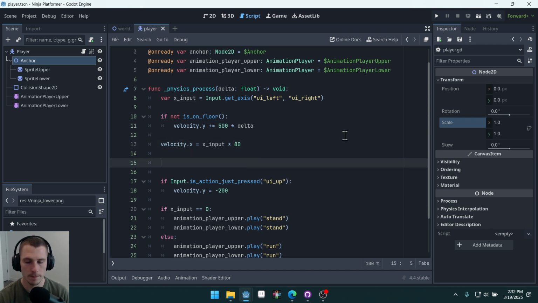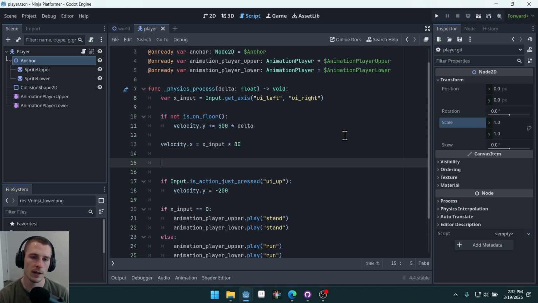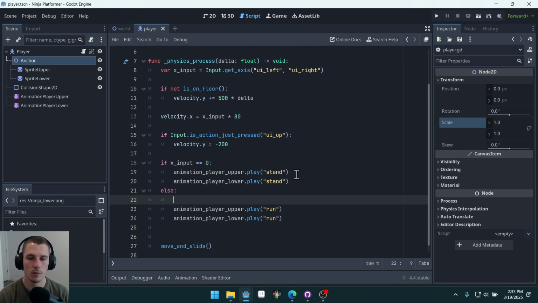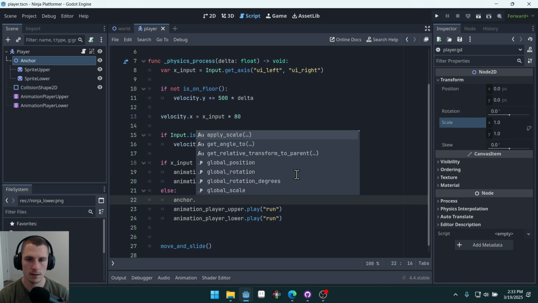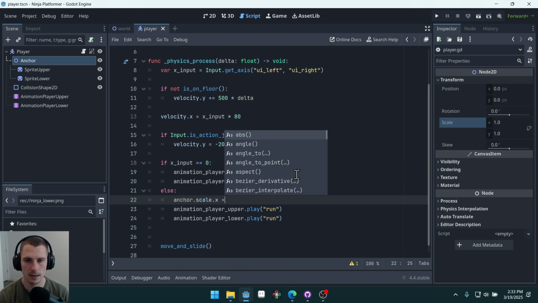So we can say if X input, oh, we already have down here. It seems appropriate to put it inside of our animations here. So if X input equals 0, we don't want to do anything because they're not pressing anything. If it doesn't equal 0, we want to say anchor.scale.x equals